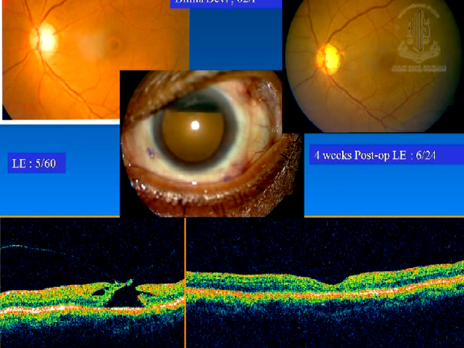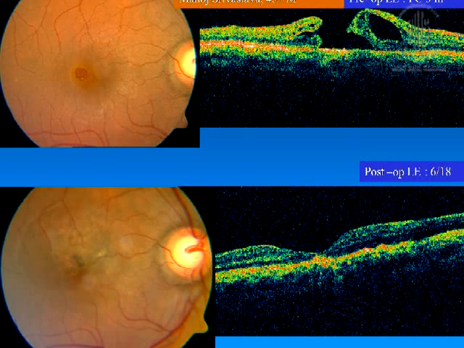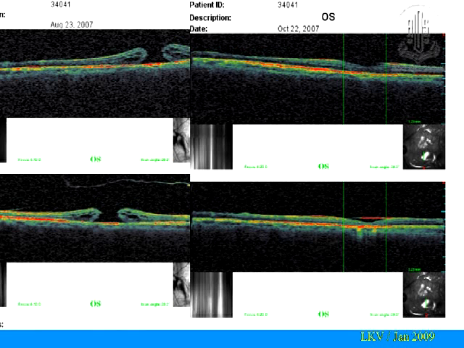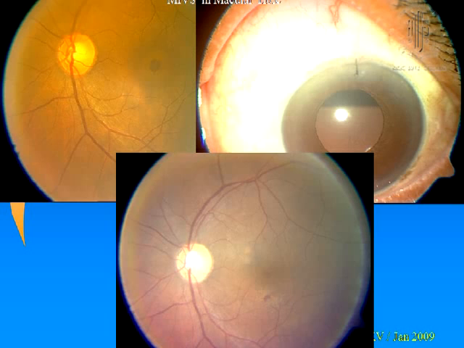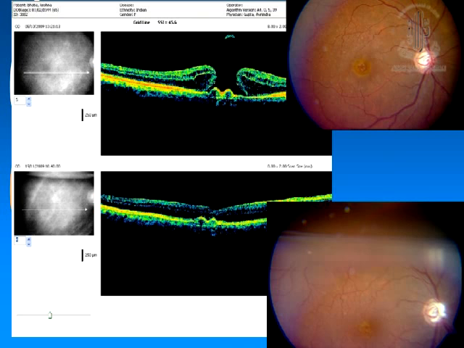A couple of examples of full thickness macular hole. I am sure this audience is very well versed with this. This is gas here, and the hole is closed here. Another example of a full thickness macular hole with a lot of edema in the leaflet here. This is closed. I'll just rush through this because this does not add anything new. This is taken after 1 day.